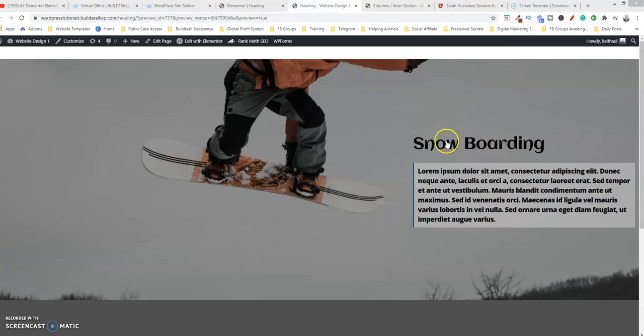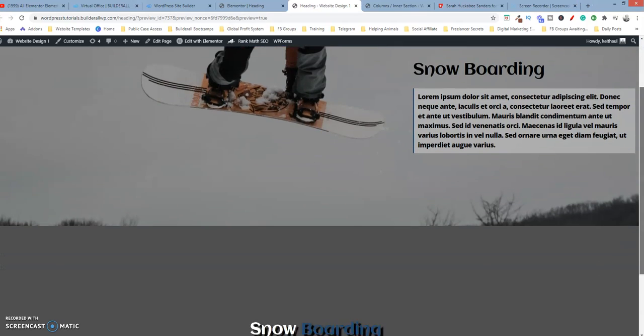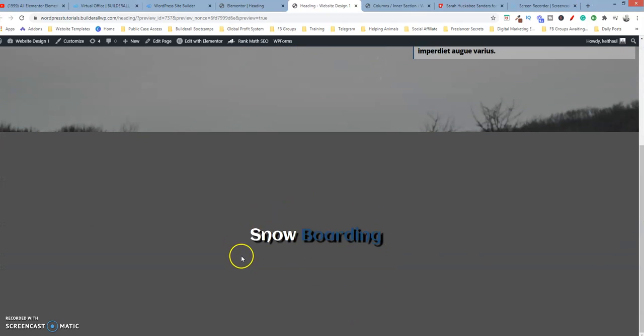As you can see, when I hover over this heading widget or element, it changes into a pointing hand, which indicates that it is a link. We're going to learn how, once we hover over a heading, we could change the color of the background. We'll also learn about this border here on the left hand side, and if we scroll down on the page, you're going to see that we have a number of different features on here for this heading element,